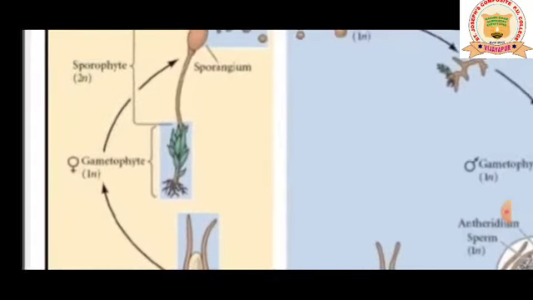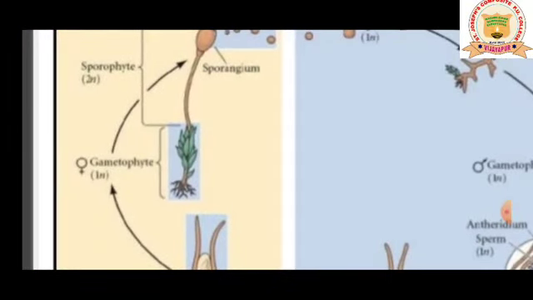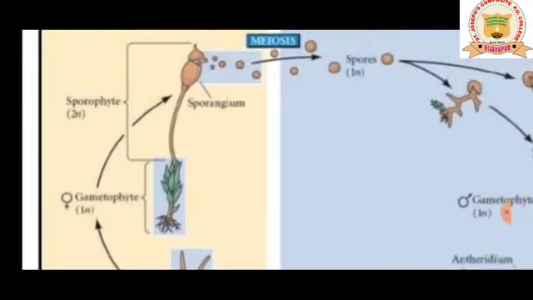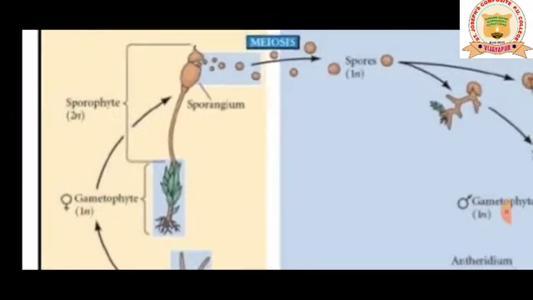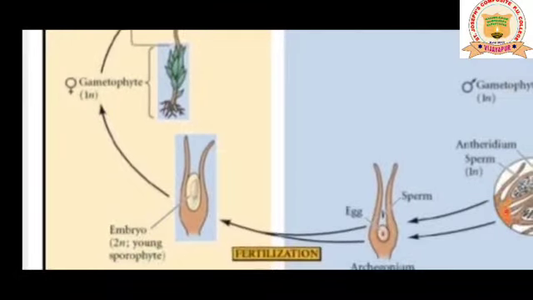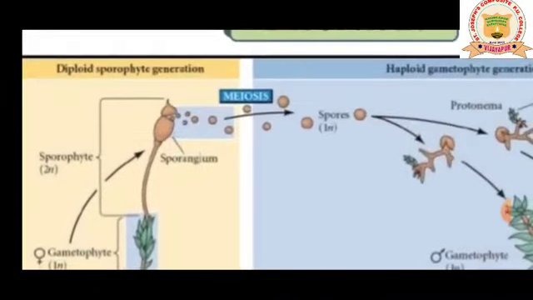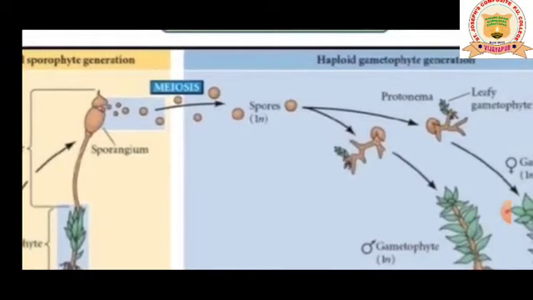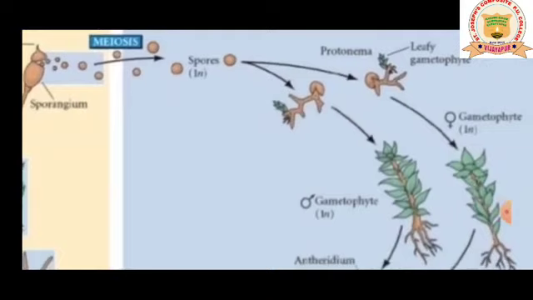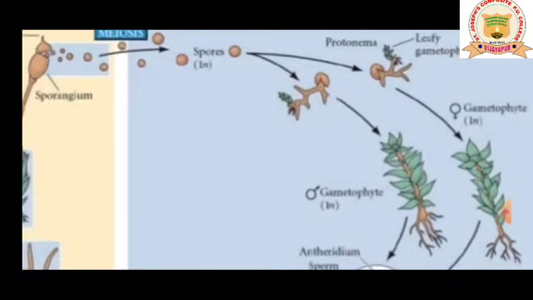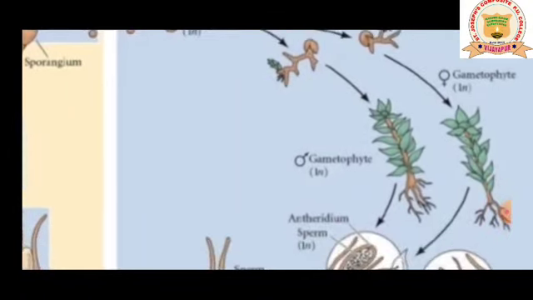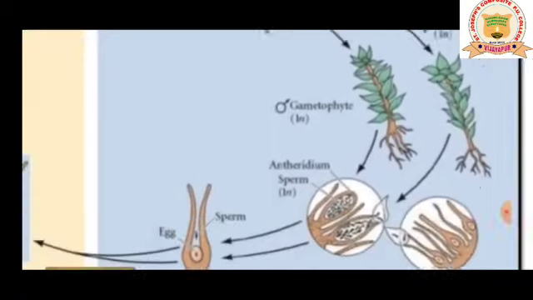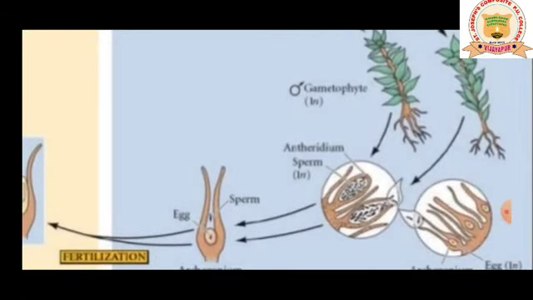See, this is the diagram containing the male gametophyte, a plus sign, and an arrow mark showing that fusion of male and female gamete has taken place, and this is going to give you sporophyte. This sporophyte will go for meiosis, that is a reductional division, containing spores. These spores will produce gametophyte, that's nothing but a leafy gametophyte and a protonema which develop into a gametophyte. It may be a male gametophyte and a female gametophyte which is haploid. One will develop into an antheridium, another will develop into an archegonium.